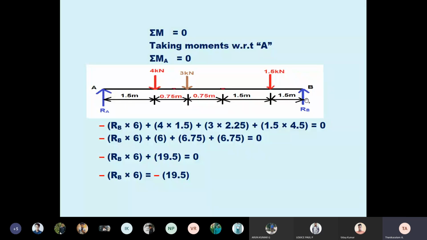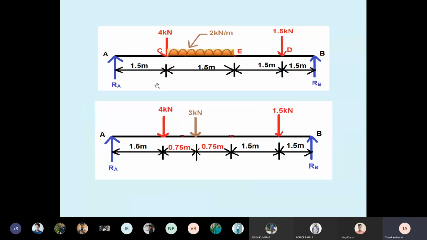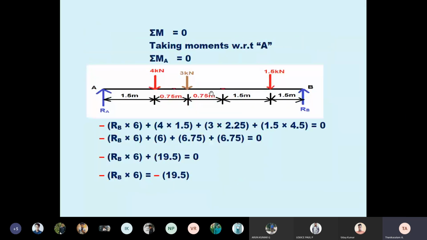See here, RB into the total distance. The total distance is 1.5, 1.5, 1.5, 1.5, so total 6 meter. RB is anti-clockwise, so RB into its distance is negative. Minus means anti-clockwise: minus RB into 6. Then 4 into 1.5, see the figure. Students, with respect to the reference point, take moment. 4 into 1.5. Then 3 into